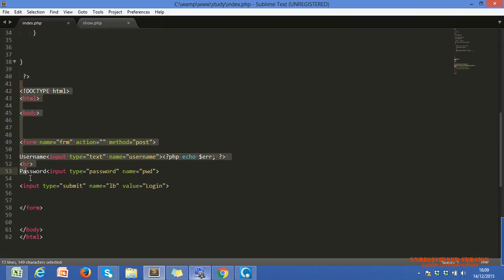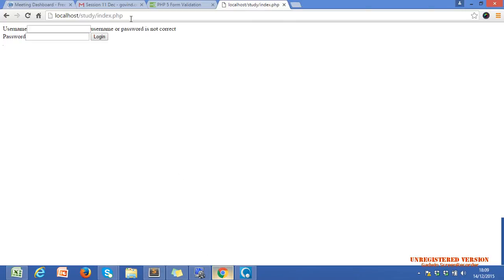This code will execute every time if we are on the same page. Now this time we echo $err. In this $err we have the message that the username and the password is wrong. So we did all the error messages with the same variable and in the same place.